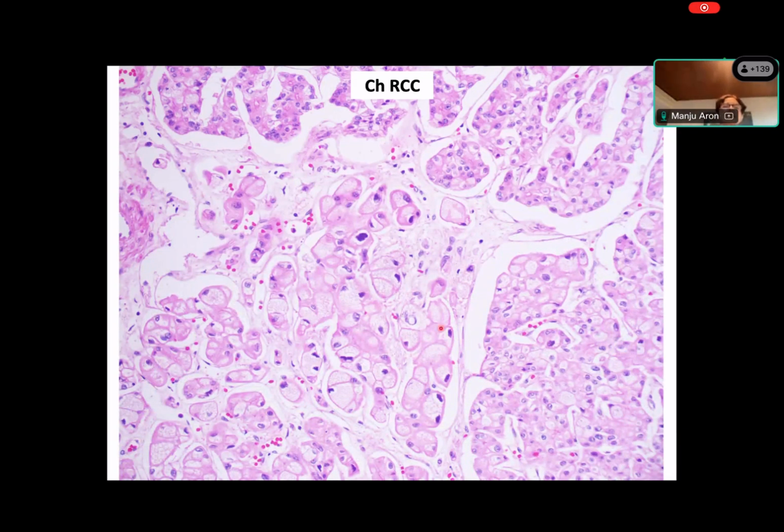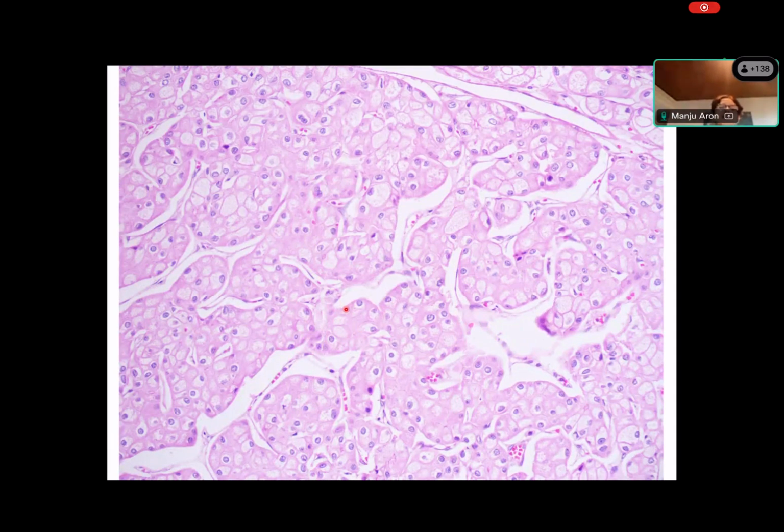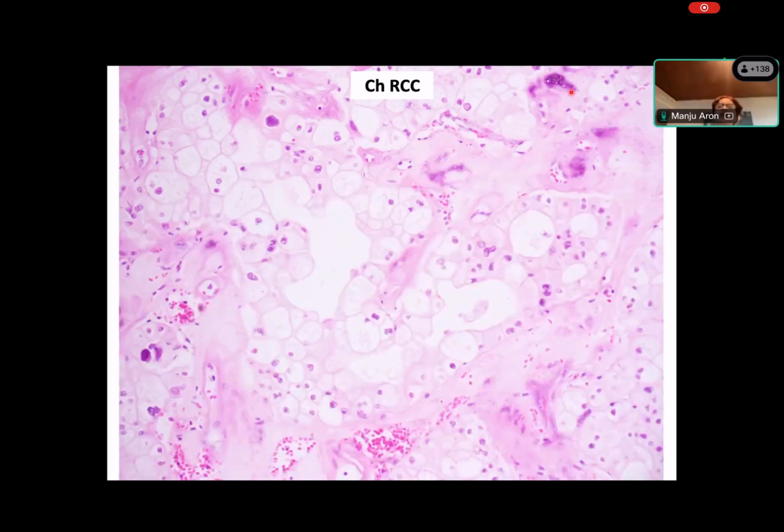Now, here's a case of a chromophobe RCC. Chromophobe RCCs are characterized by clear to pink cytoplasm, and they have this typical koilocytotic kind of nuclei, right? Very well defined cytoplasmic membranes, almost like plant cell-like. So that's very characteristic of chromophobe RCC. Here's another example where the nuclear features are not very well developed, but you can see there are these perinuclear halos, because here the cytoplasm is a little bit more pink. And sometimes you can see areas of calcification.